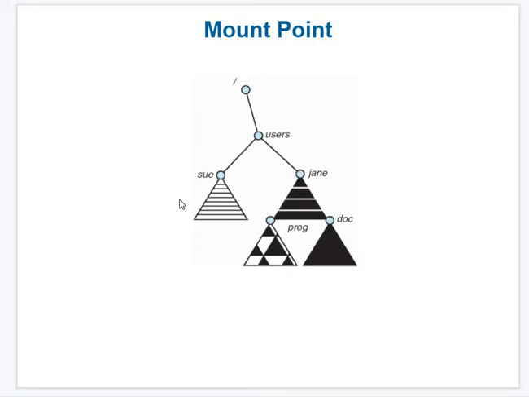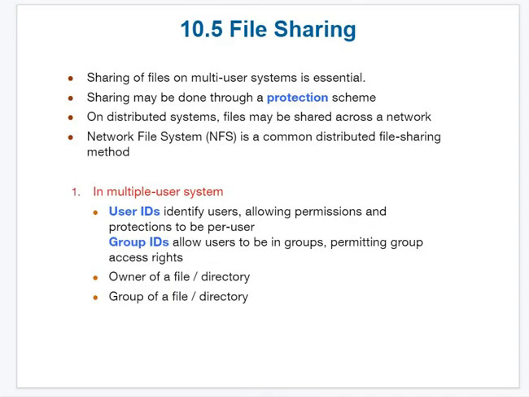So without mounting we cannot access the file. Mounting means including that file system in the already active tree structure of our computer. If we detach it, we cannot access it. Without mounting we cannot access any externally stored file system. To access a portable file system, we have to mount it on a computer. Then only can we use it. Okay, coming to the next topic, file sharing.